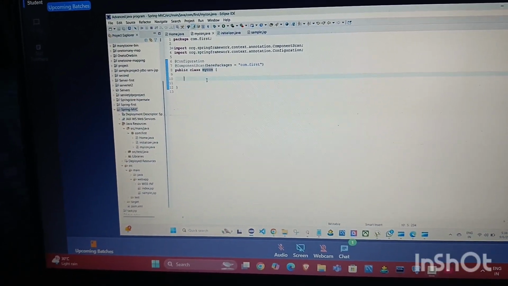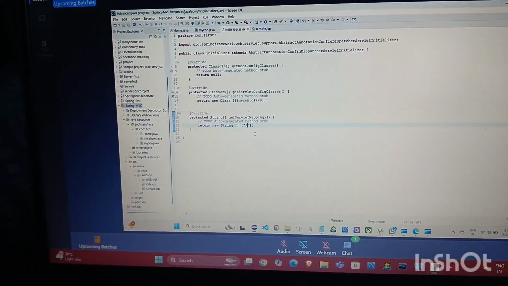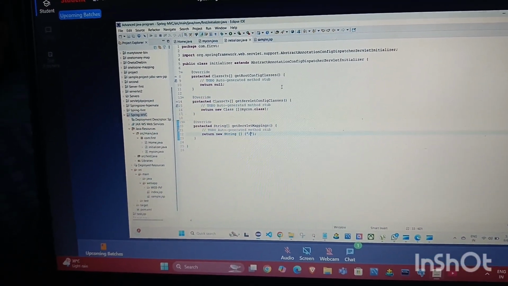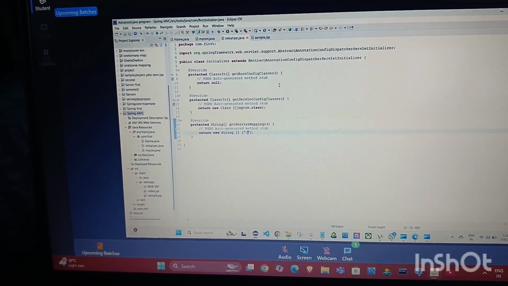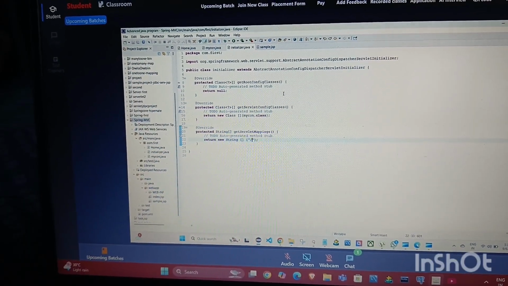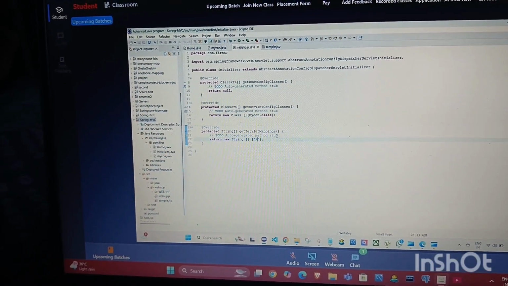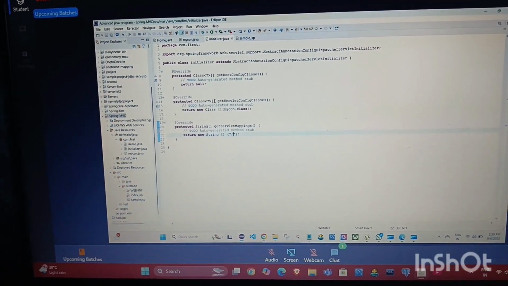Open initialize. Create another class, allocate it to controller, create the same method but give a different URL and